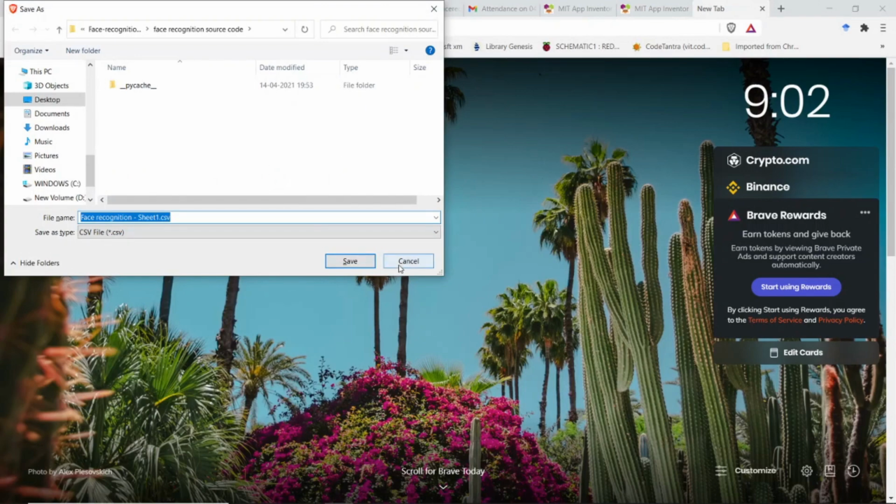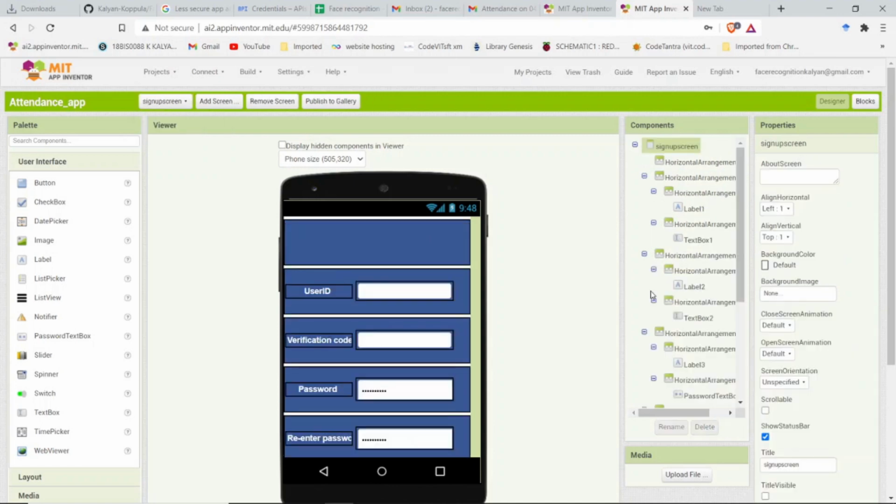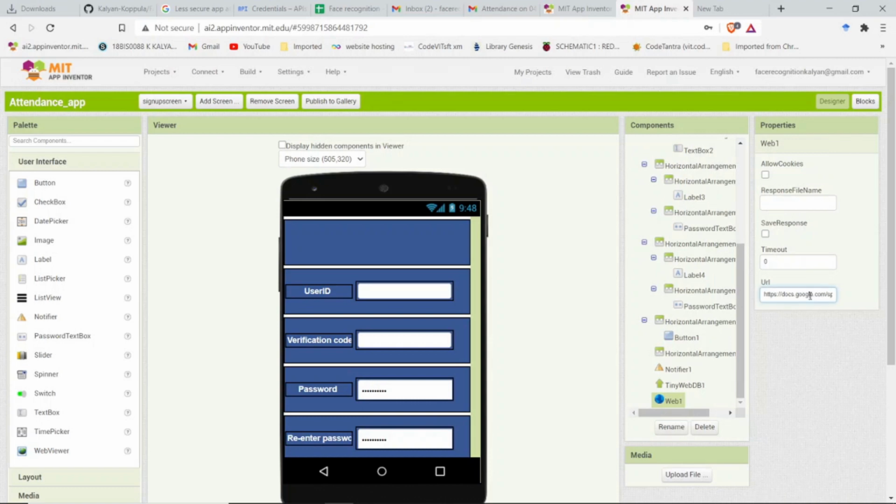Yeah, so now it's working. We'll change the link here. Also in the sign up screen. Now we are done making the changes.